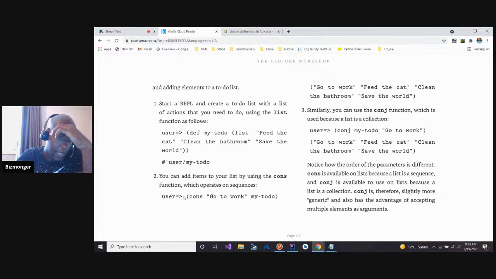I wish they just had a general function for adding items that goes across all of them, from sets to hash maps to vectors to lists. I feel like there should just be a general abstraction for adding and removing.